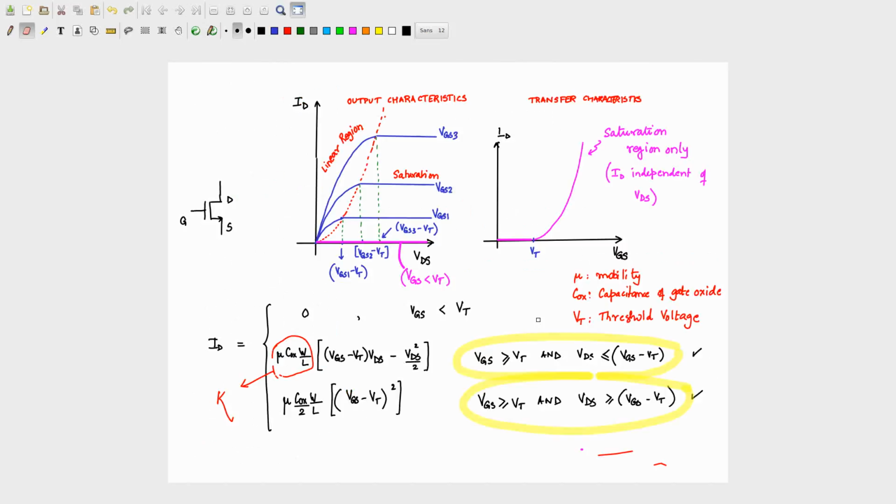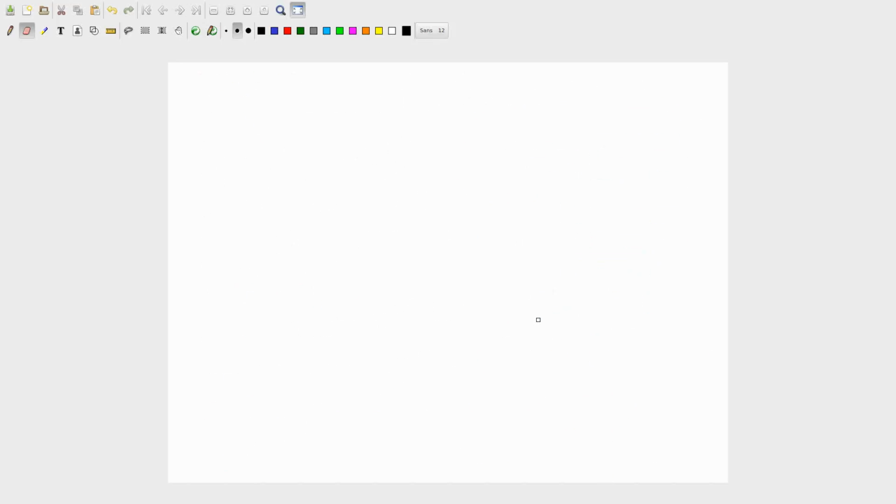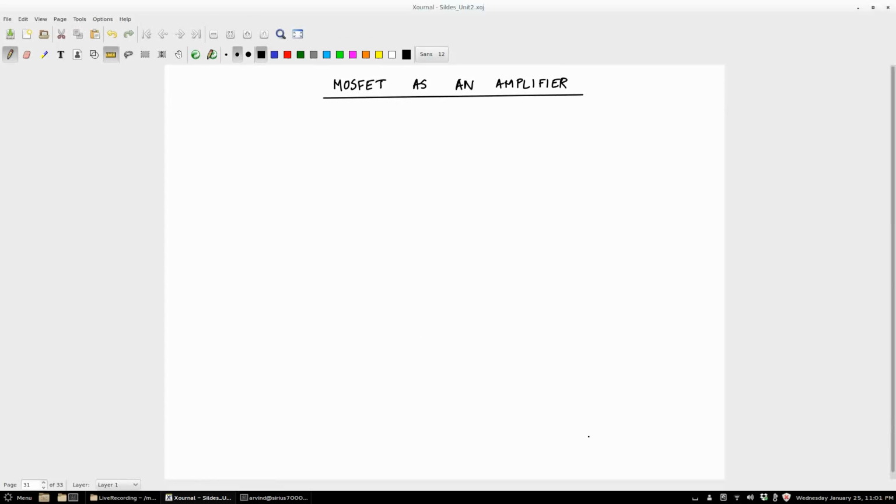We considered the voltage controlled current source, and then we took the ideal equation and we said that we want an incremental Y matrix which has the form 0, 0, GM, 0. Then we took the MOSFET, and I have shown that the incremental Y matrix for a MOSFET working in the saturation region is indeed 0, 0, GM, 0. Correct? So the MOSFET in saturation can be used to make a voltage controlled current source amplifier, and that's what we're going to do. Okay, so now comes the fun part, right? So now I will get to the fun part. So I'm going to write the MOSFET